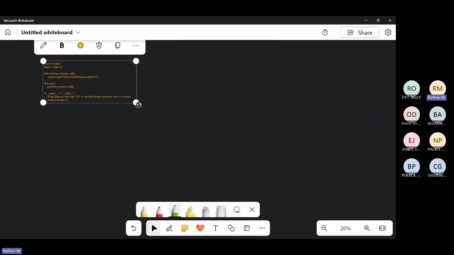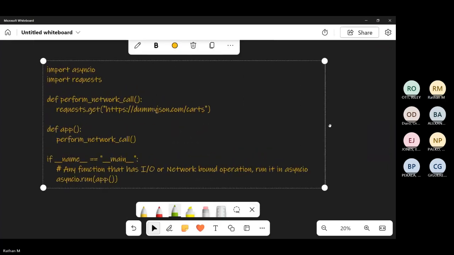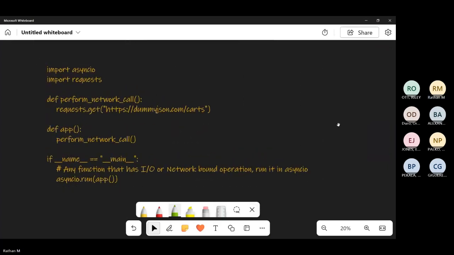This does not help us with async though, just for our reference. It helps in no way whatsoever. In order to make it async, here's what you need to do. This is the function that is making a network call. Any function that is making a network call should have await keyword with it, which means wait till you get the output.